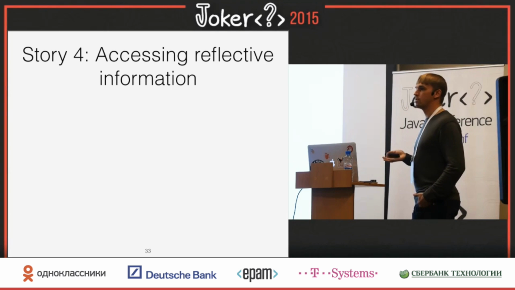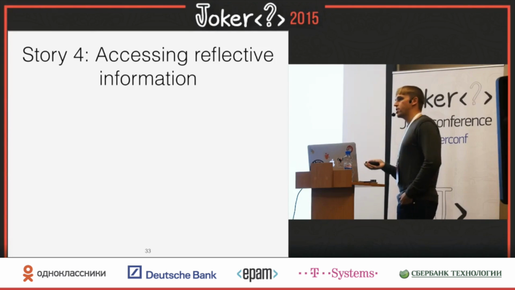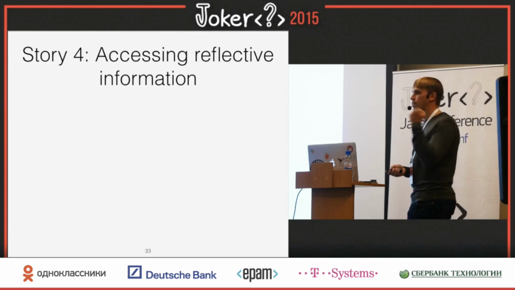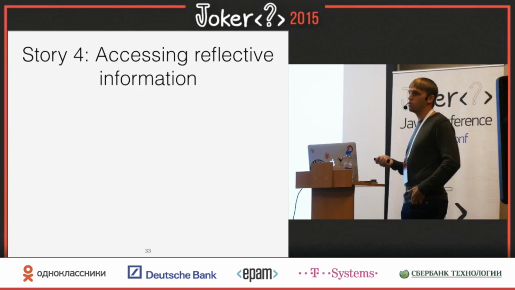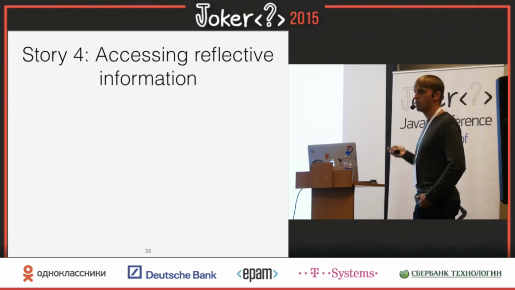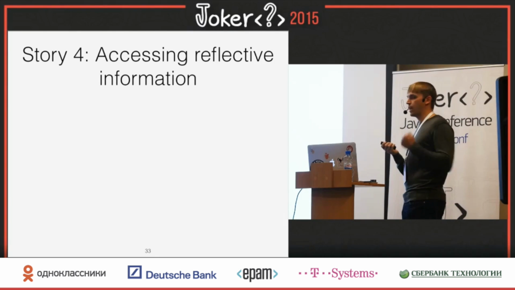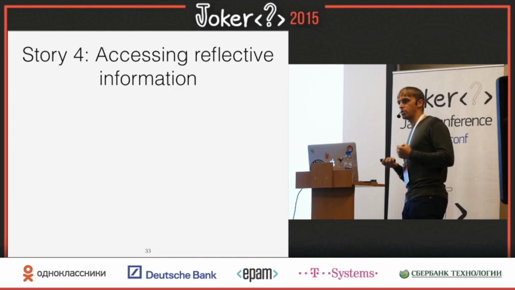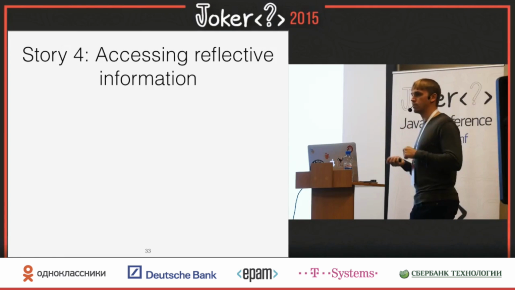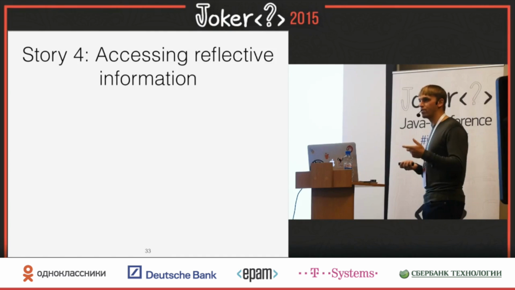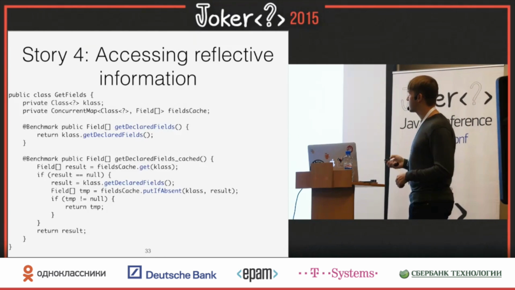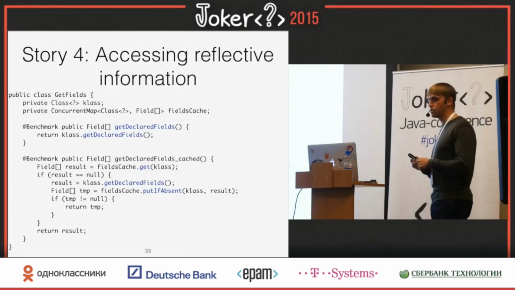Probably everybody knows that reflection is generally slower than calling methods normally, but what is the cost of acquiring reflective information itself? So what is the cost of calling getFields, getMethods, etc.? Java caches this information using soft references, I guess, so if you have no pressure on the heap, you are good. The only problem is that everything you get out of getFields, getMethods, getConstructor is a mutable object, because you can do things like setAccessible(true), because you want to set a final field or a private field. Because of this, you get a copy, and this copy has a huge cost.